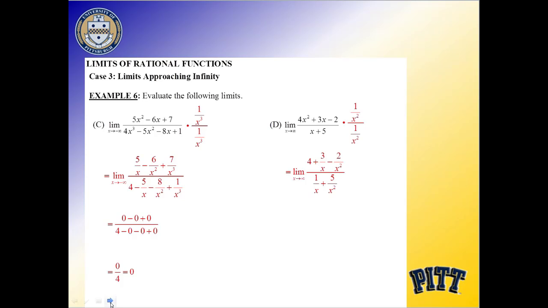Now I'm able to evaluate the limit because the number 4 is not going to be affected, because there's no x term anymore. The 3 over x, the 2 over x squared, the 1 over x, the 5 over x squared all become zeros, which gives me 4 over 0. Now it's a different issue. Now I have 4 over 0, which means that this is either going to approach